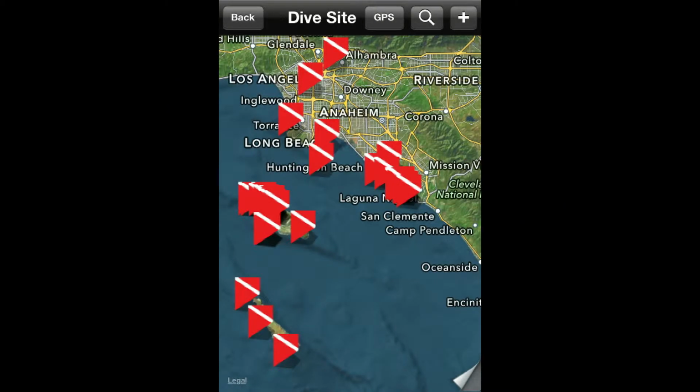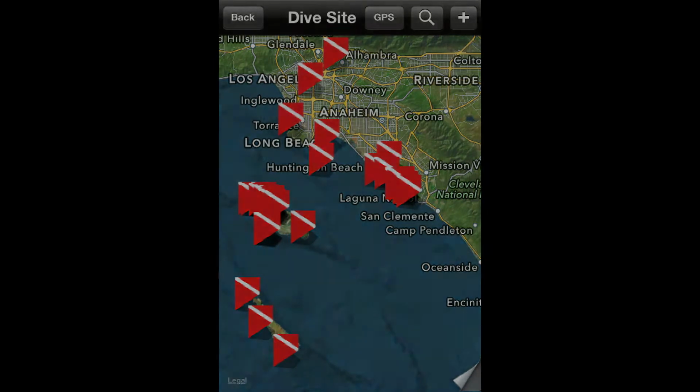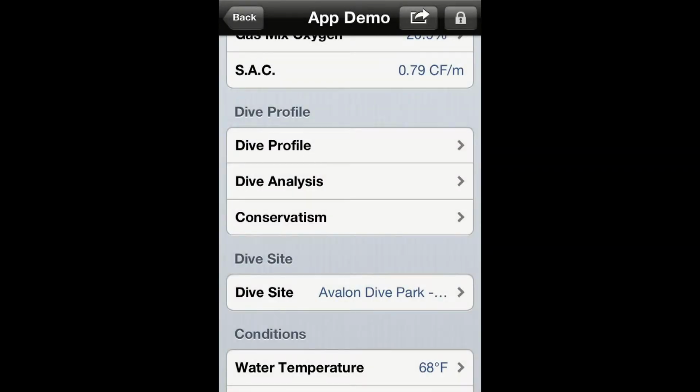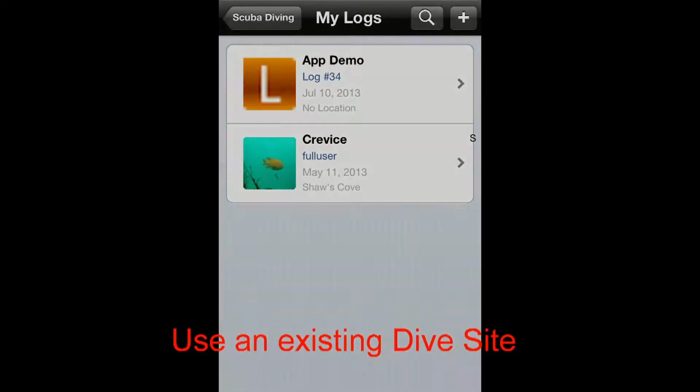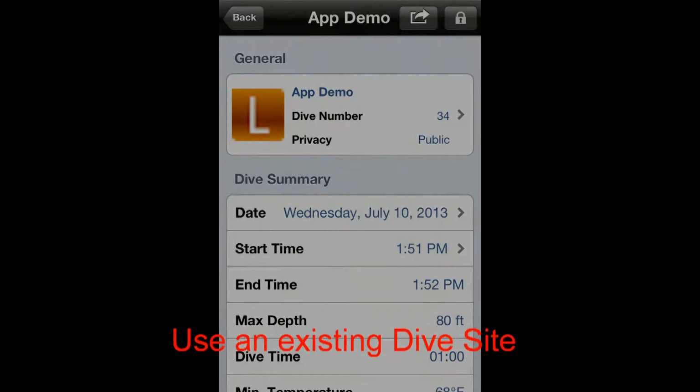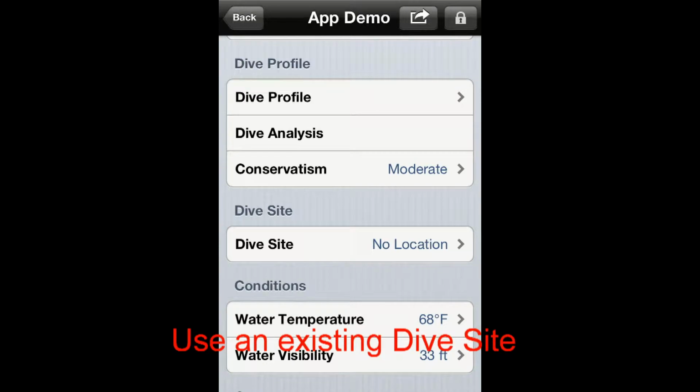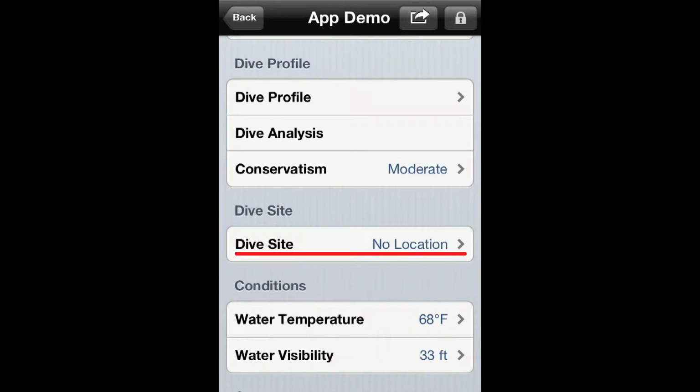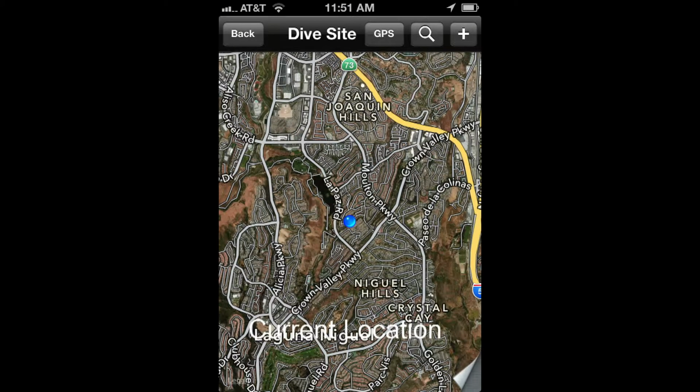As we have indicated in a previous video, you can assign to a log a specific dive site. To do so, first open the log you would like to edit. Then scroll down until you see Dive Sites and tap on it. If your smartphone is connected to the internet, the app will show a map with a pin indicating your current